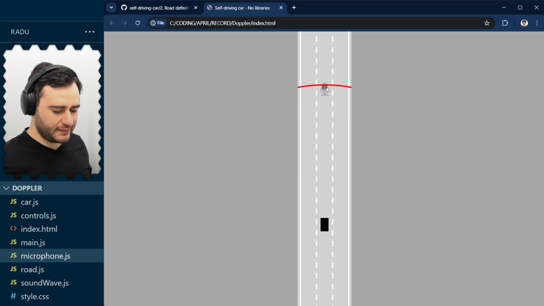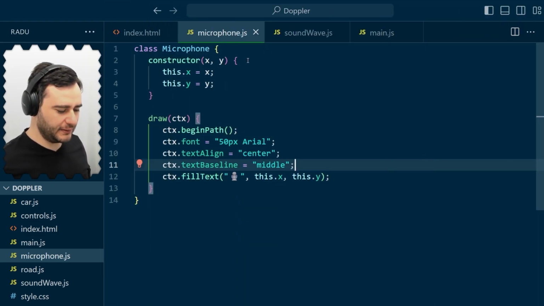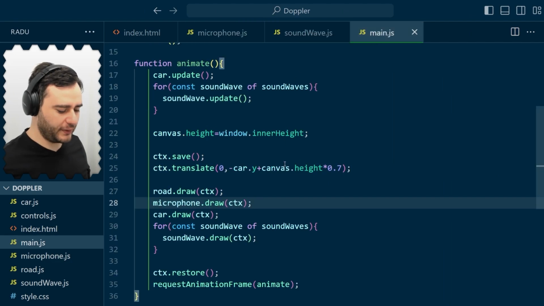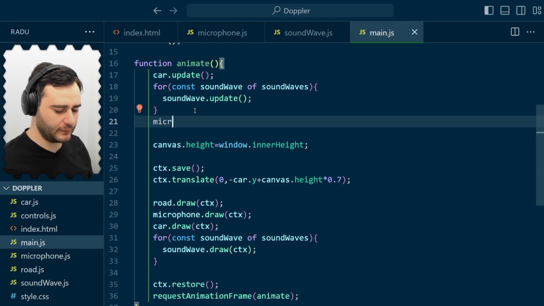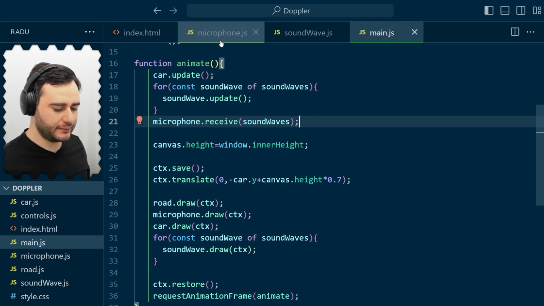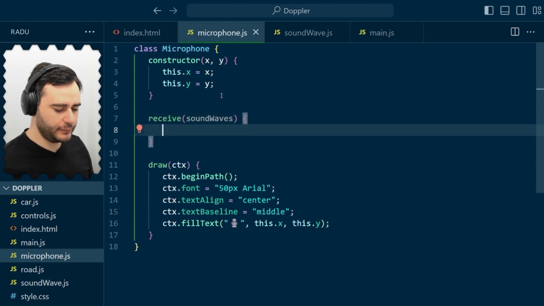Okay. Now we have to make the microphone receive these signals. So we should detect if the microphone is going inside the circle, basically. And that's easy to do. We just go here and after the sound waves update, we can tell the microphone to receive these sound waves, all of them, and handle them in some way. And this receive method we will have to implement in the microphone class and pass there the sound waves as the parameter. And we will loop through all of them